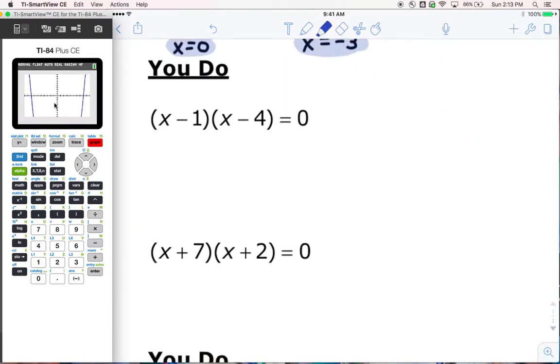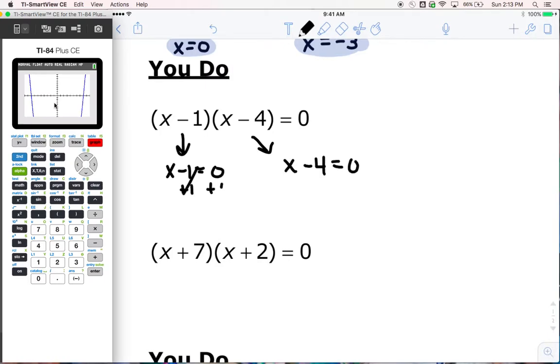All right. Next two problems. Again, if you want to try these by yourself, pause the video. Now's the time to do that. If not, I'm going to run through these really quickly. This one might be the 0, x minus 1 equals 0, or this group might be the 0, x minus 4 equals 0. If you can do these in your head, go for it. So x is possibly 1